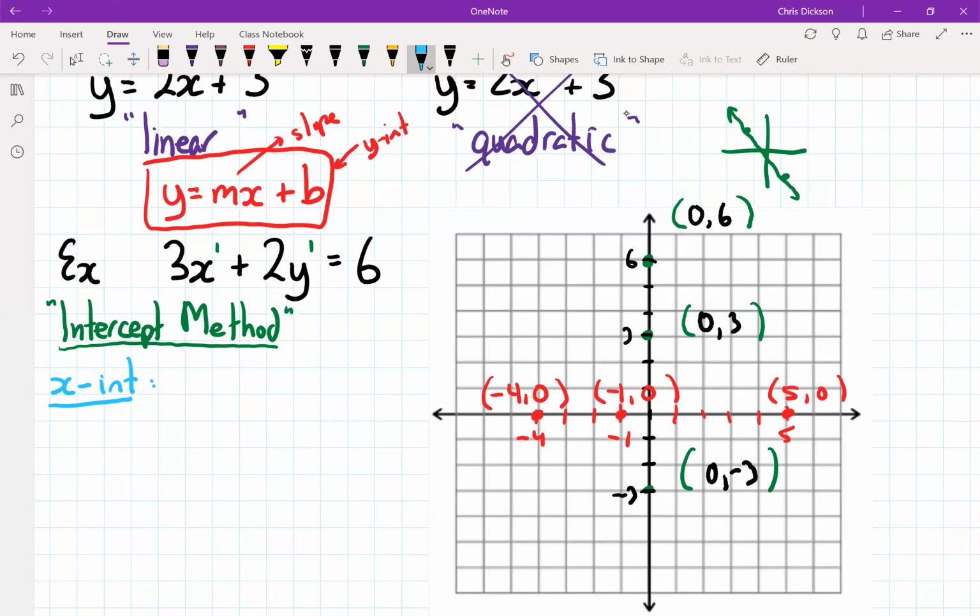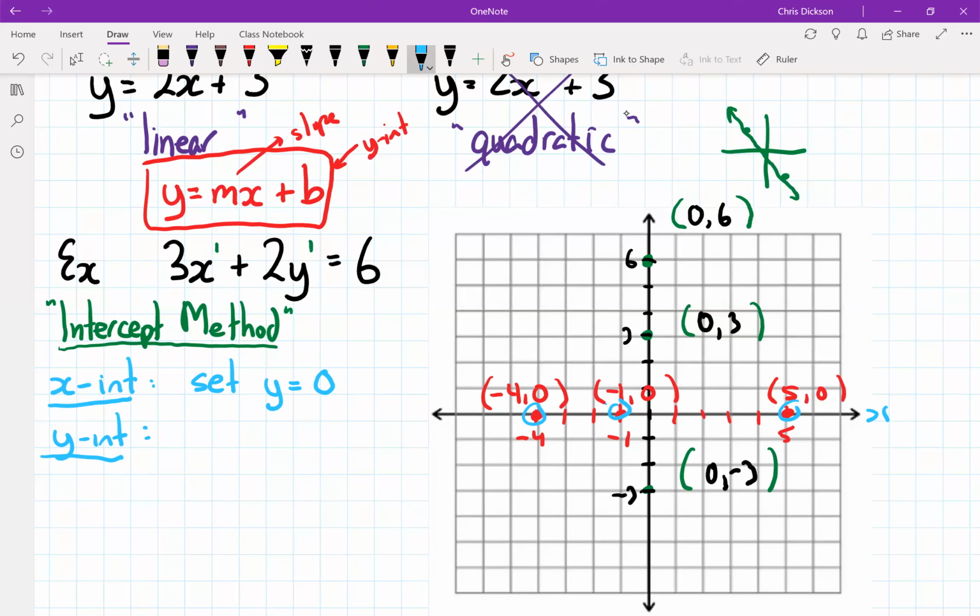And what I have to realize here is that if the graph crosses the x-axis, it crosses here, here, or here. That's the x-axis, so it has to have a y value of 0, which means in order to find an x-intercept, I just set my y values to 0. And if I want to find a y-intercept,